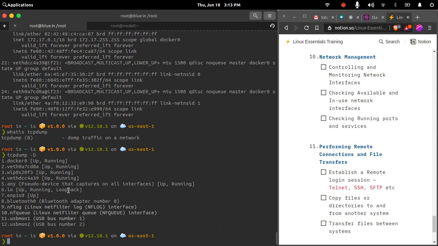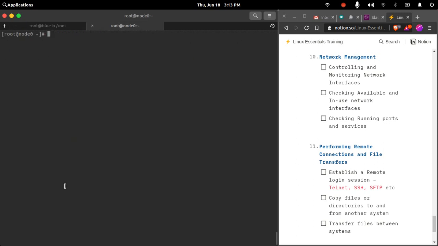Loopback lo will be present by default on any Linux system, and these are the other networking devices that I have.